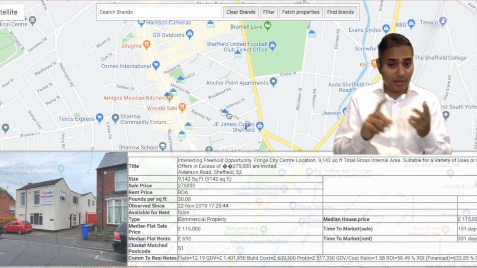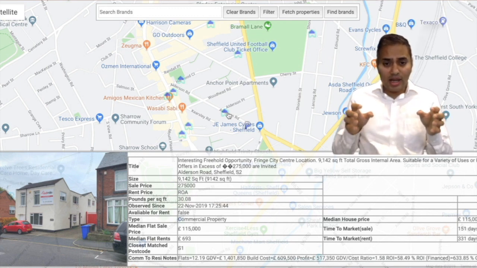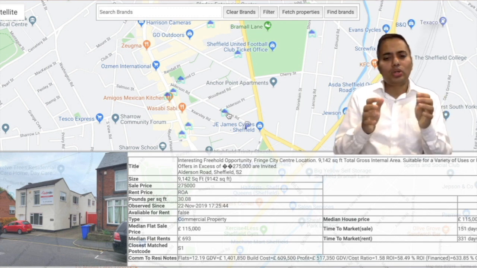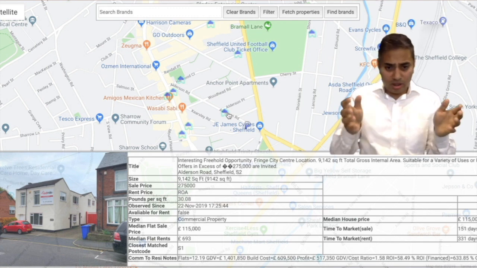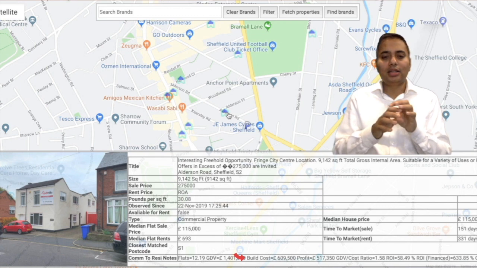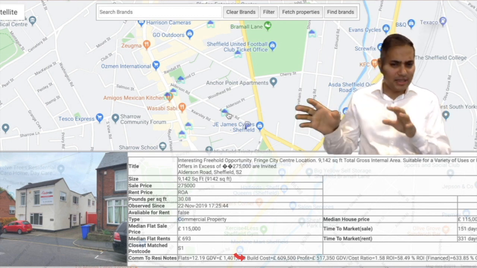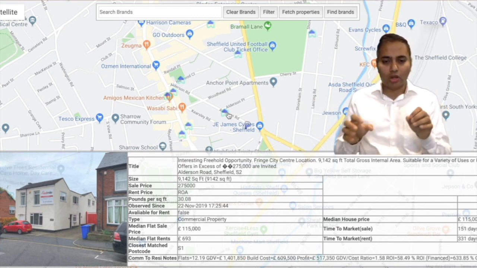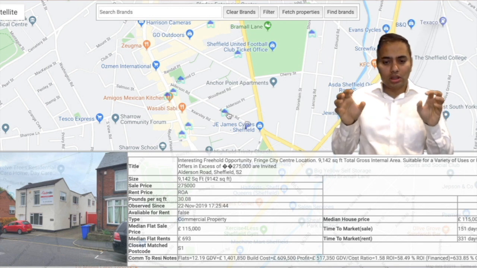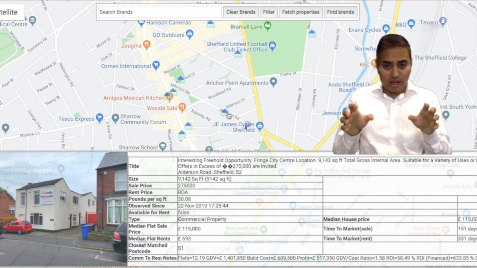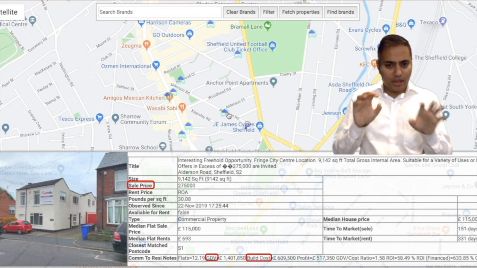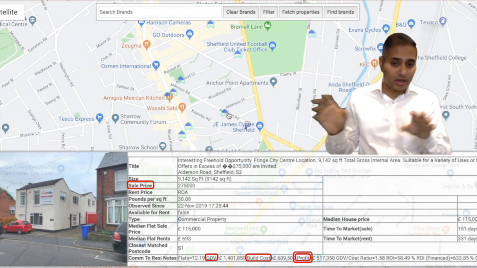Then, I myself being an investor, I know roughly how much it takes to do up a unit. So you can multiply by the number of units and then calculate the total build cost, and there'll be some miscellaneous costs as well, which I don't want to go into right now. All in all, the computer algorithm can do all of that without my intervention and in an unbiased way. Now you can see if it knows the build cost and the GDV, it knows the profit.